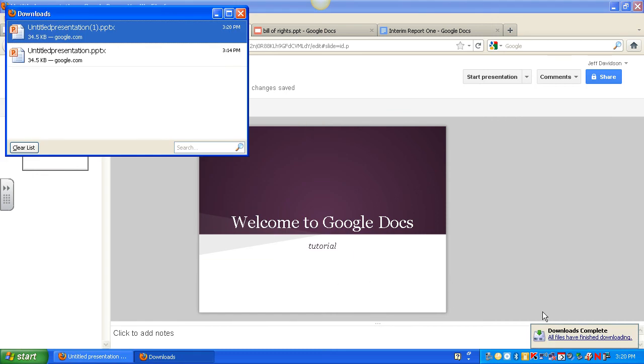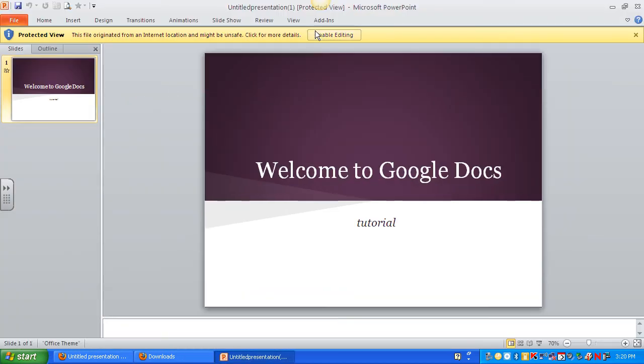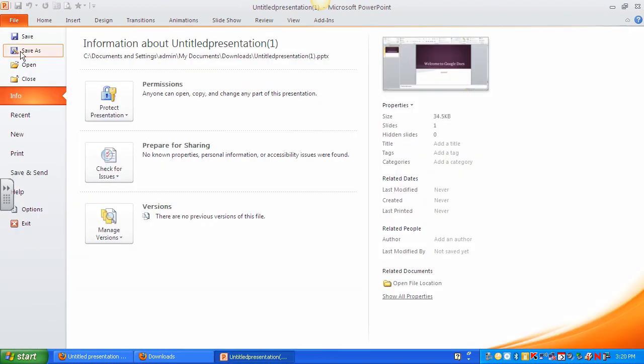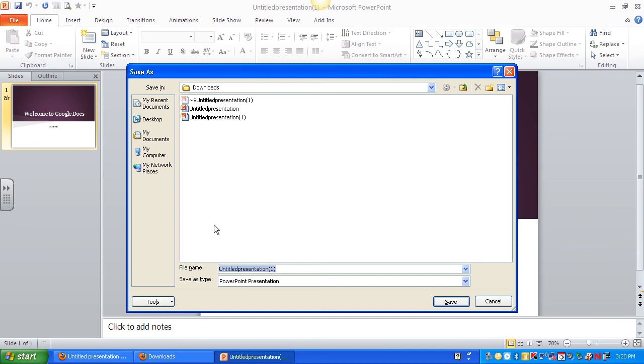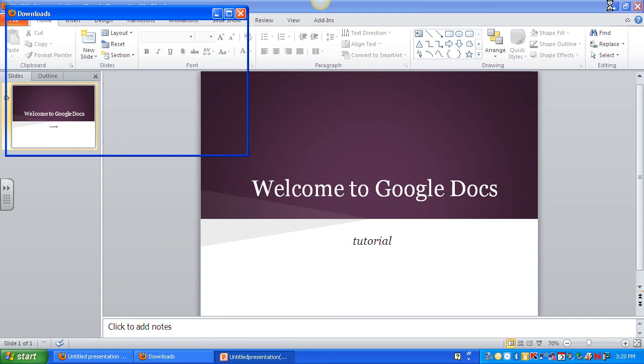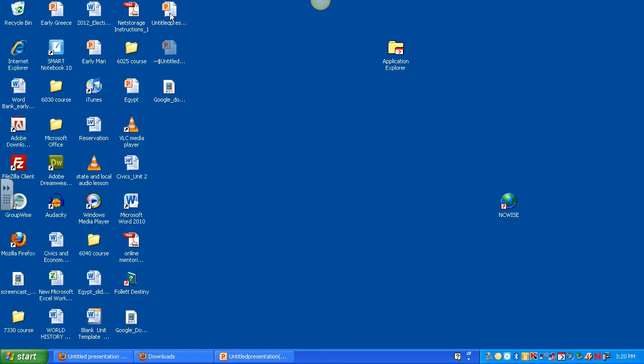Again, you can see where it says download complete. I've got it right up here. I'm going to double click this. I want to enable editing. File, Save As. I'm going to name it Untitled Presentation 1. I'm going to go ahead and save it to my desktop. Save. Let me minimize this, get to my desktop here,